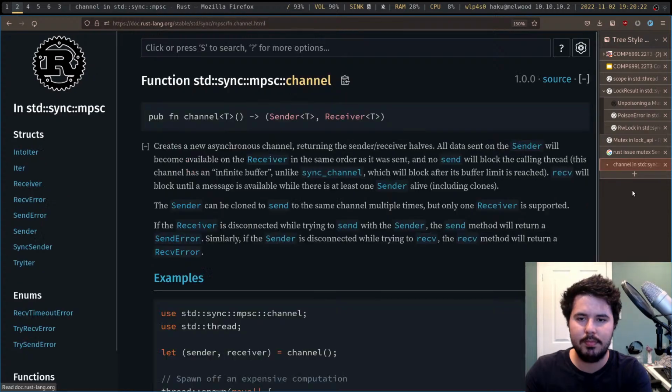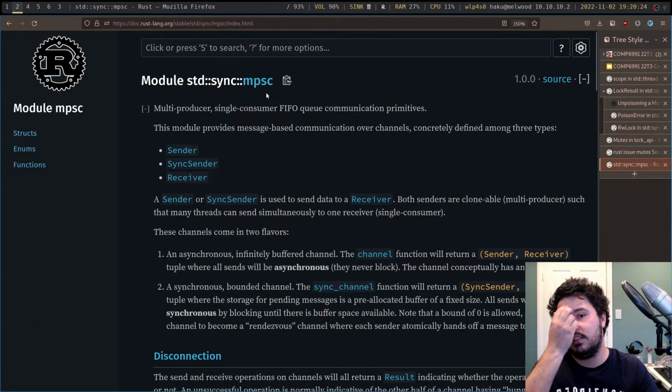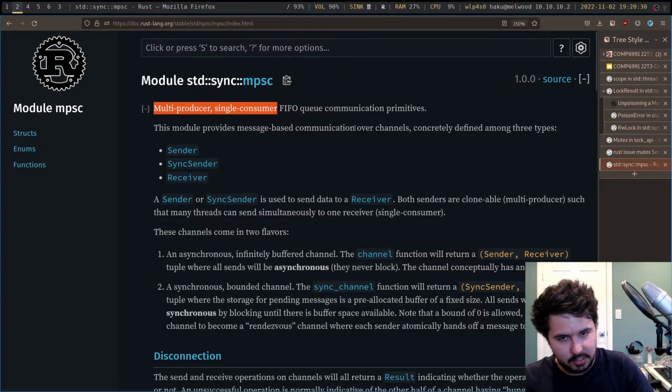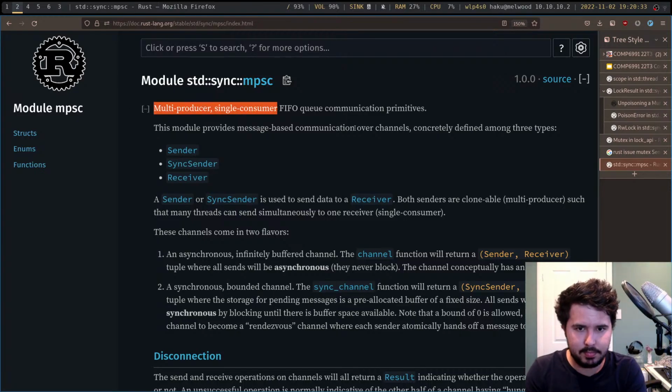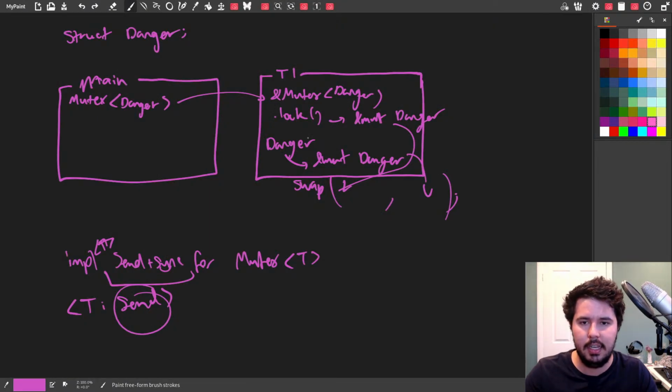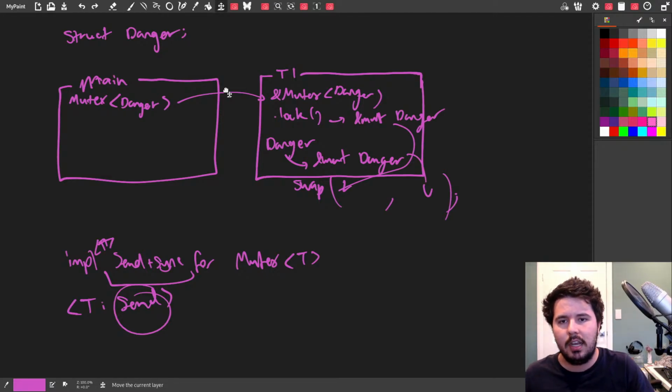Channels are awesome. So channels in the standard library appear in the mpsc module, mpsc standing for multi-producer single consumer. In particular, channels give us a way of passing messages between, usually, threads. They don't technically need to be across threads. That's just where it's very commonly seen. And so the idea is,